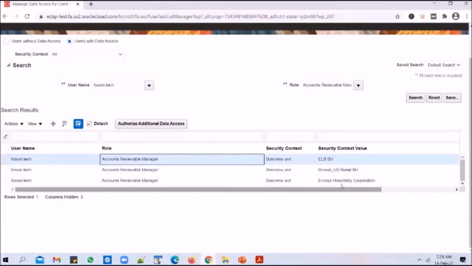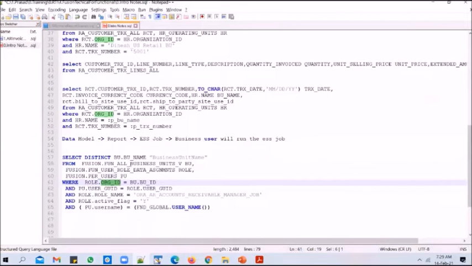You can get the business unit for that particular org ID by linking up another table called functional all business units, fun all business units _v. There is a view that you can query to get the business unit name.